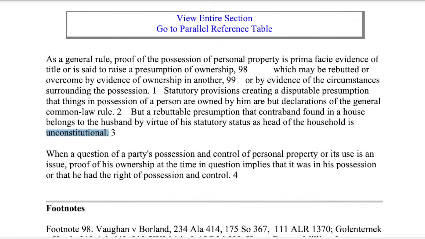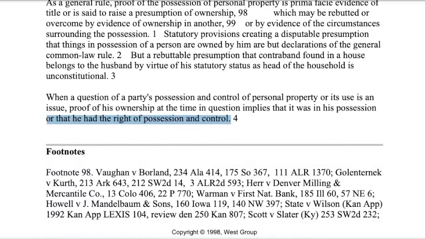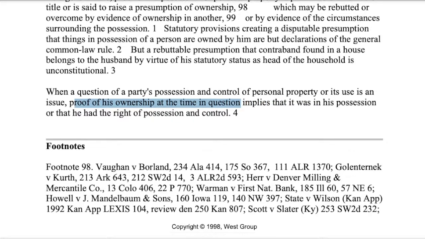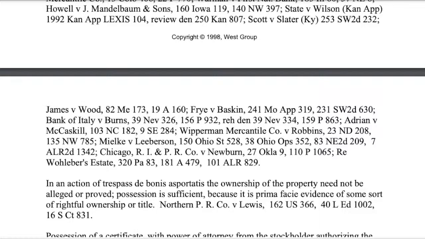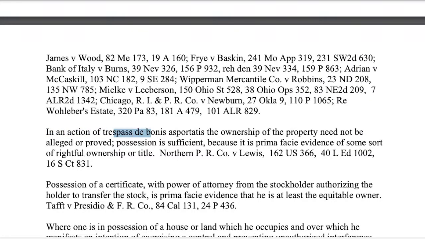That's interesting there. When a question of a party's possession and control of personal property or its use is an issue, proof of his ownership at the time in question implies that it was in his possession or that he had the right of possession and control. So again, proof of ownership at the time in question, right? That's what's the most important aspect here. In an action of trespass,